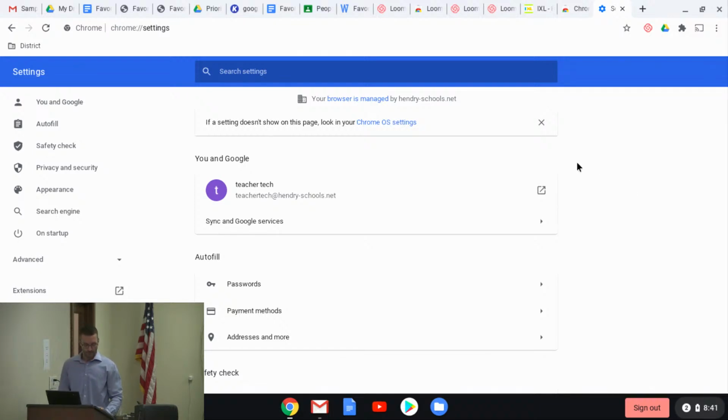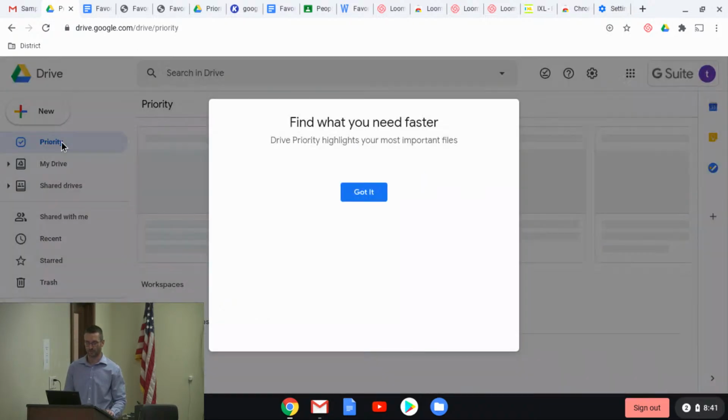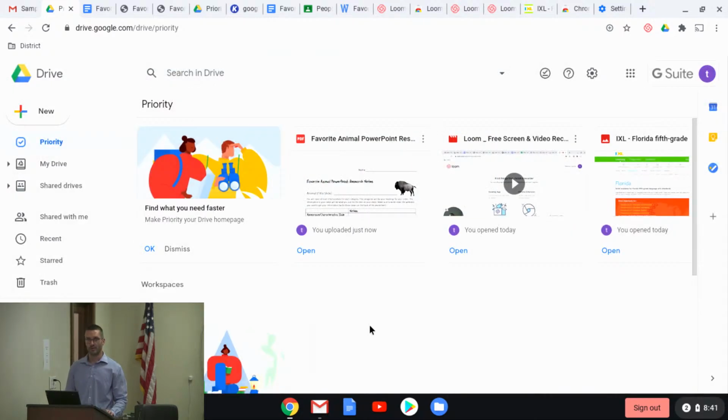Okay. We were talking about Google Drive. Let's go back to Google Drive, and we're in the Priority tab. All right, so the Priority tab gives you a list of things that you frequently access. So if you utilize Drive a lot and you don't take a lot of time to create folders and organize files real nice,